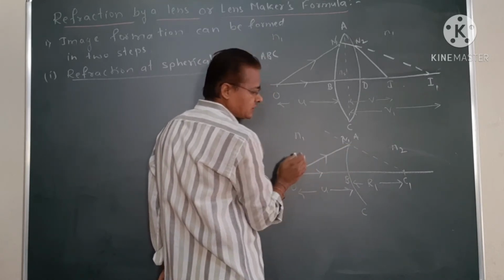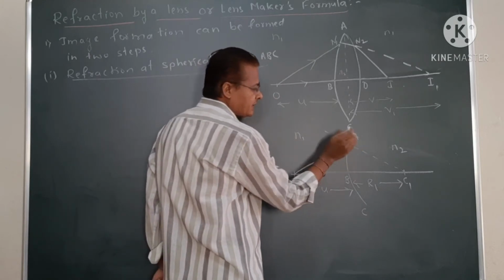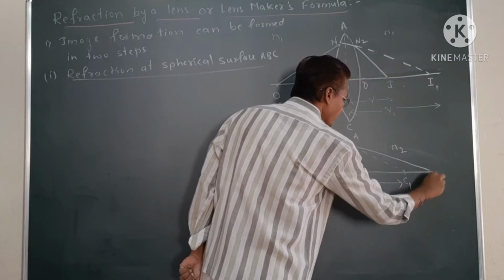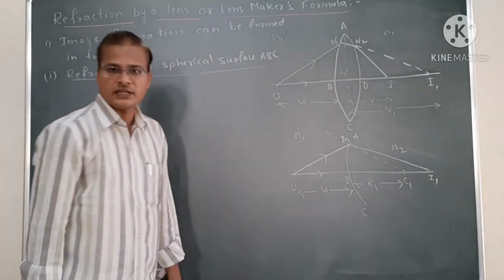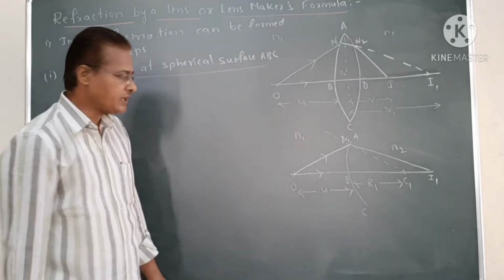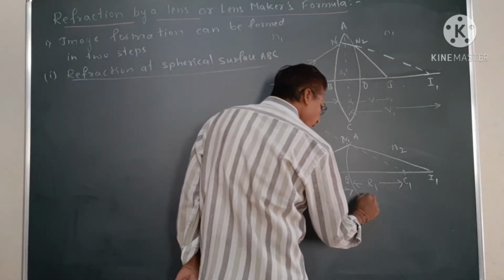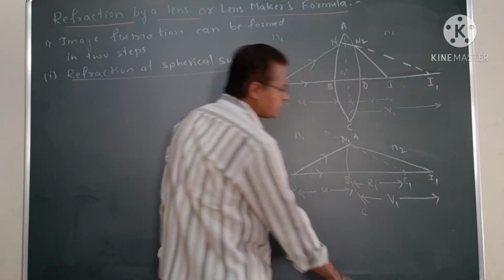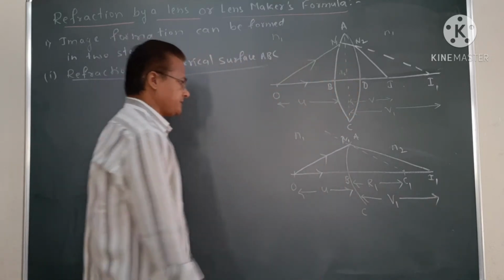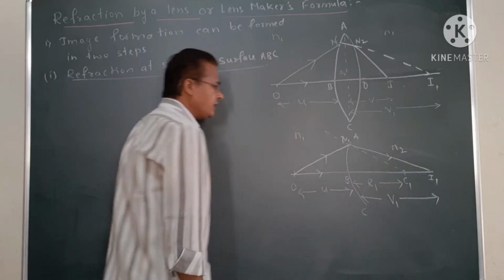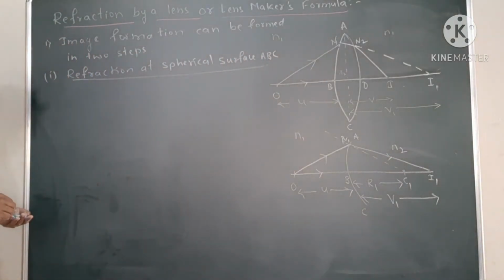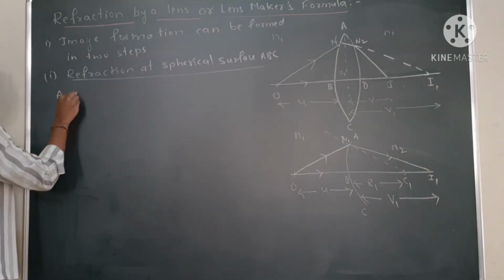The ray which passes from the rarer medium to the denser medium is bent towards the normal. Then what is formed? A real image, that is I1. Again we take the image distance, the real image distance, which we are going to call V1. From that figure, according to the spherical refracting surface formula,